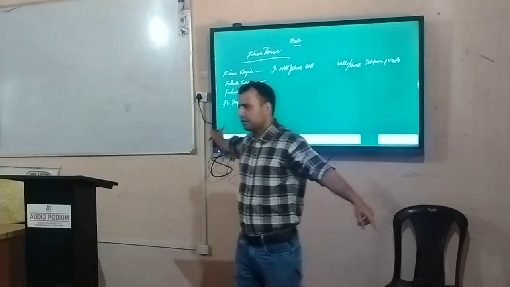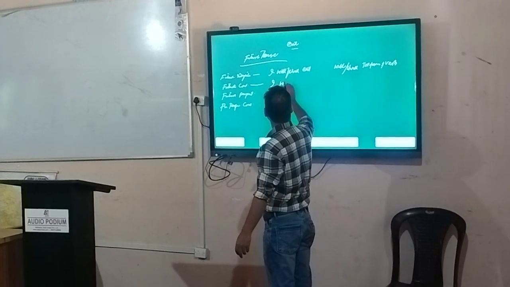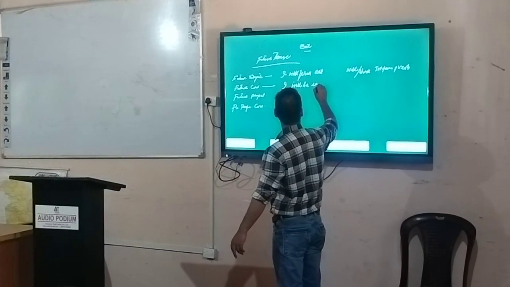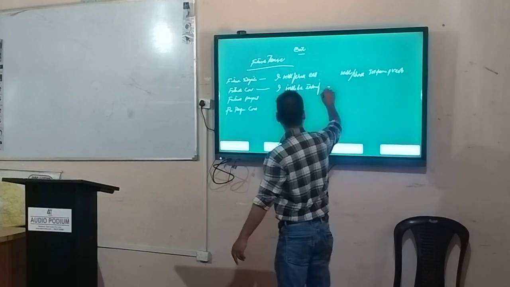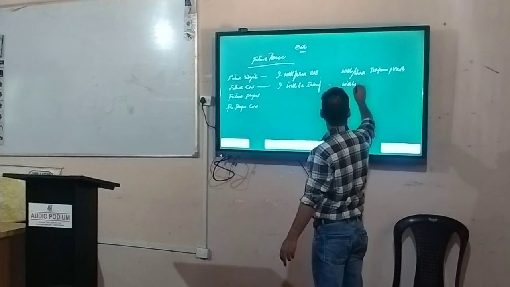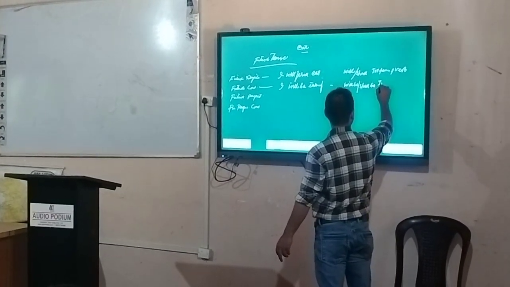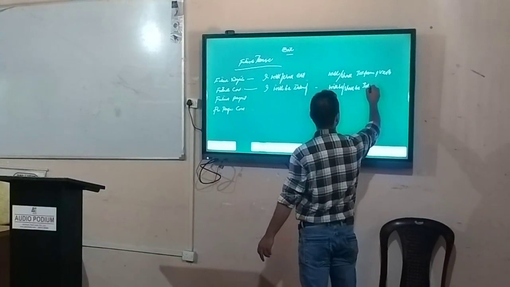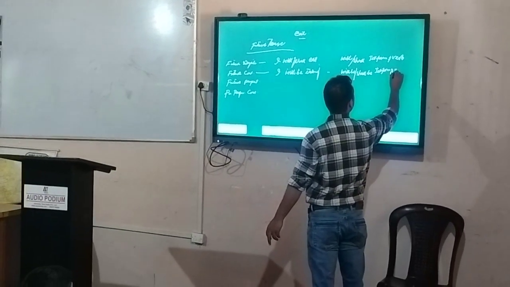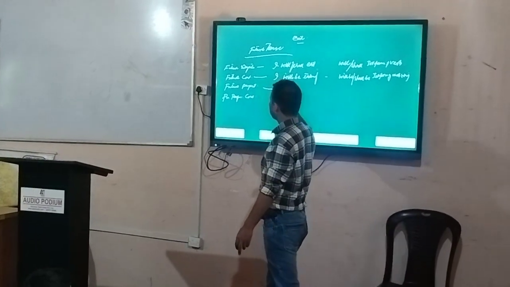Second one is future continuous. I will be eating. Will be, shall be, first form of verb plus ing, like in present continuous. Okay. Third one is